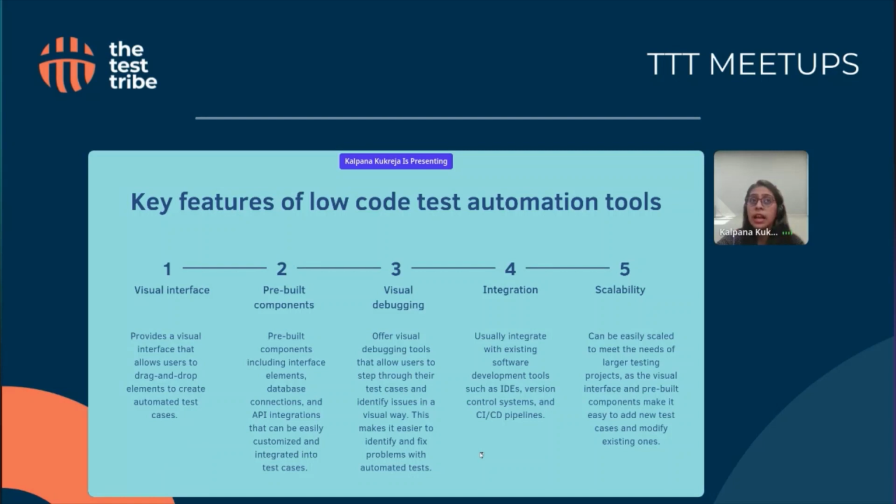Maintenance is easy, and some of you who have already worked on the traditional approaches of test automation might know that we need to create a folder structure when we try to build a test suite, or when we try to build the test cases for, let's say, regression or integration. We need to create the folder structure, and then we have to identify which component is being used where, and if we make some changes to a particular script, where it all reflects.